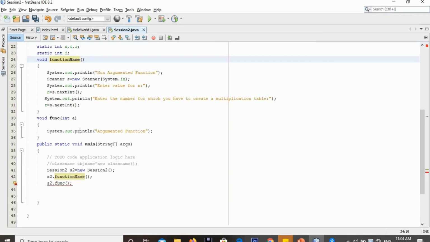This function has a parameter int a, so I have to provide a value of integer type. If I have another value of type float, I should give a value like 7.8f. In this way I should call the parameterized function. While calling the function, ensure that your calling statement matches the prototype of your function.